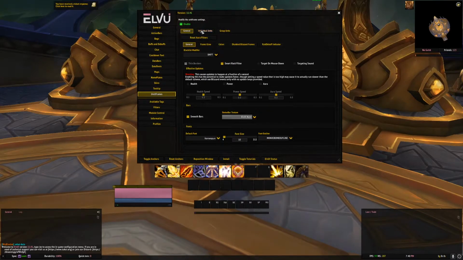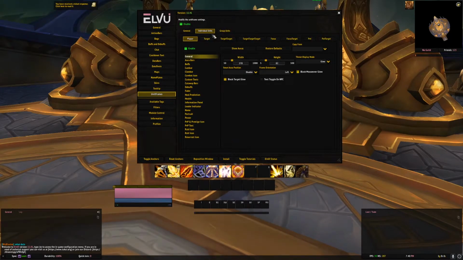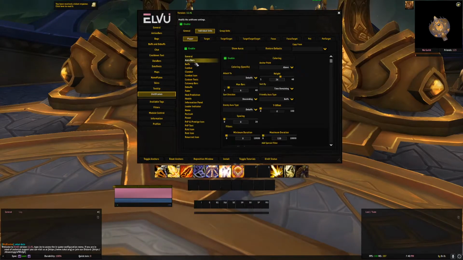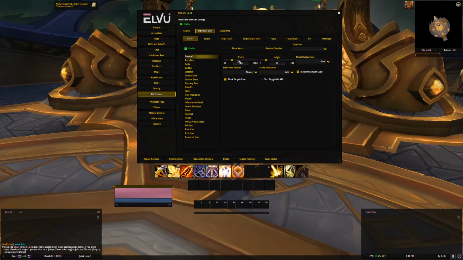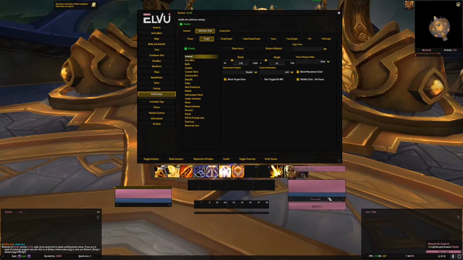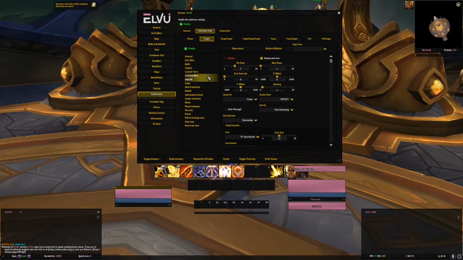Where am I looking? Unit frames. So if I go to my unit frames here, I can see my individual units of the player, the target. So I can increase and decrease my unit frame here. So I can see I want to put my health higher. You can do this with my target's bar over here. I can change the width and height of that. That's what I'm focusing on. You can look at buffs, the way they cast, but literally so much control in ElvUI,